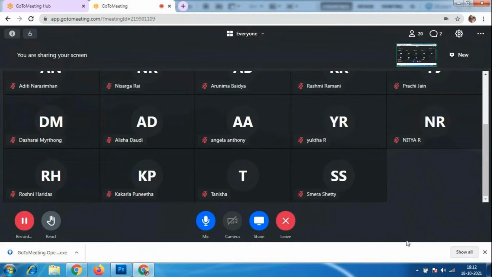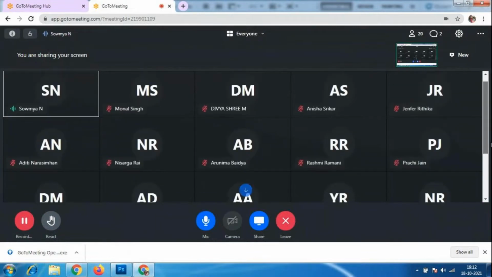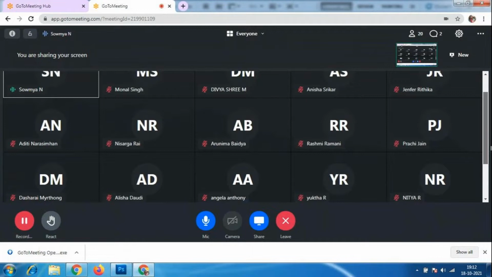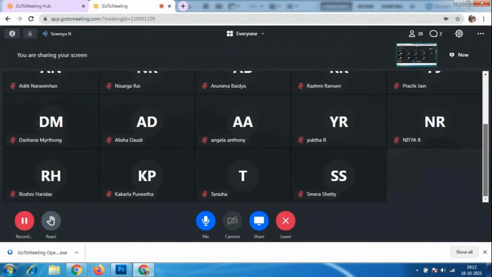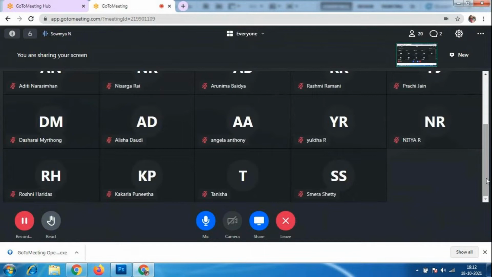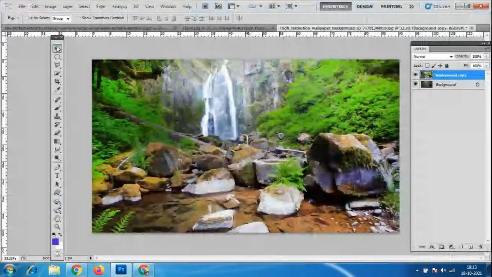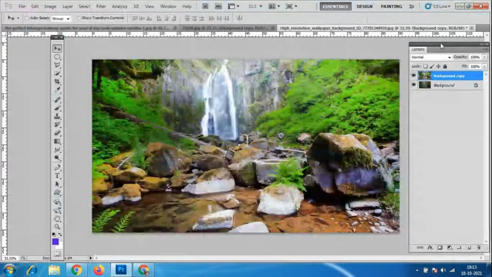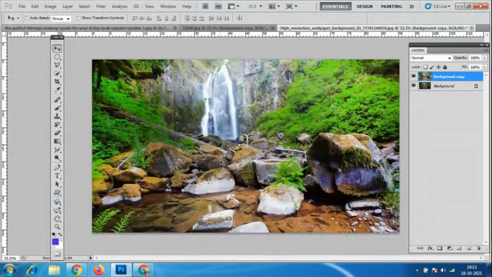Already 3 classes are over, which means you have different assignments. So you have to submit. Okay, some people still have not opened Photoshop. Some students have not even downloaded the Photoshop file. Please start from today. Till this weekend, as long as you have time, you can send me all the assignments. Whoever has already sent an assignment, please go for these assignments.